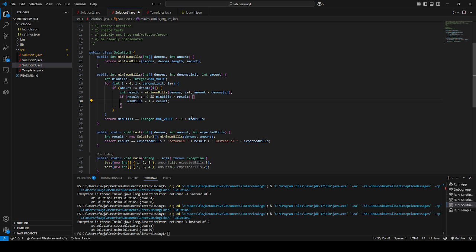An important thing to ask your interviewer would be, hey, for this denoms array, is it always going to be sorted? If the answer is yes, we can do this. If the answer is no, you can throw in a sort. I don't know. Would that change? A sort might actually change the runtime, or the big O of this. Because right now,